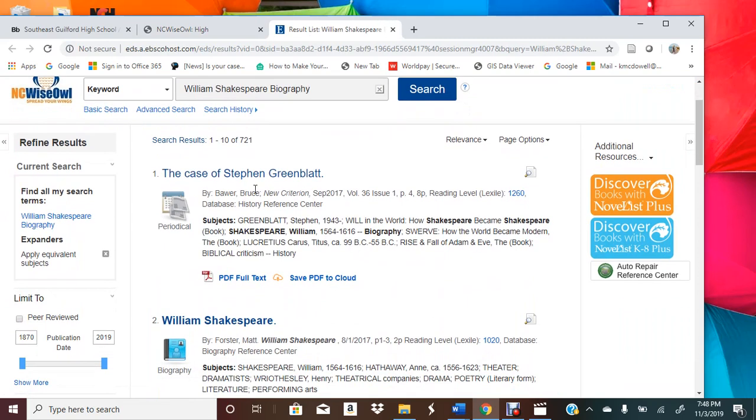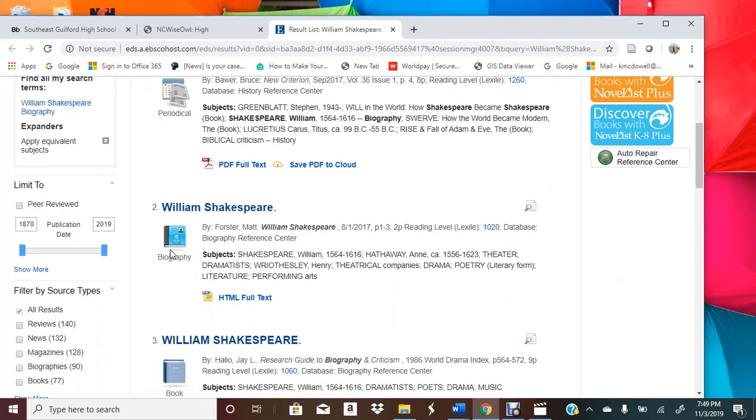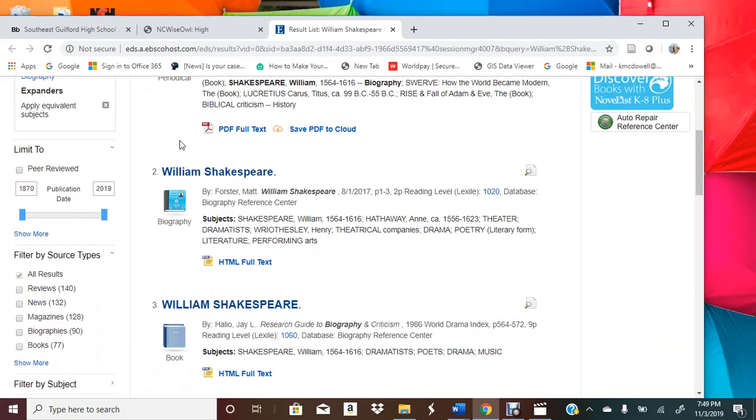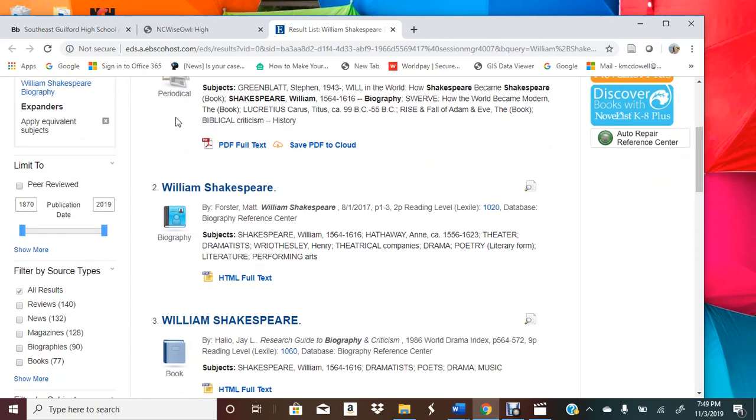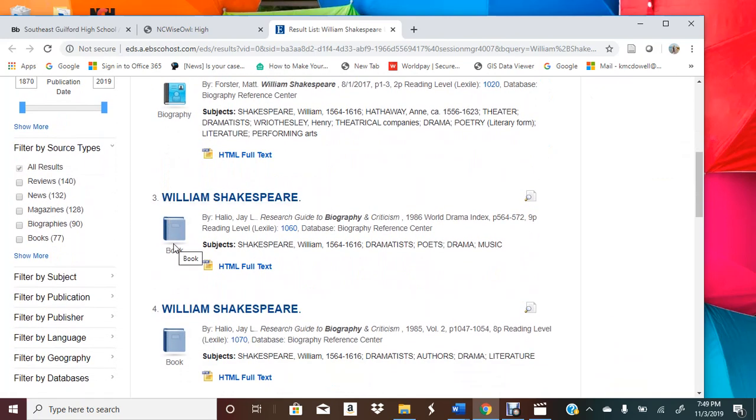When we do a search like this, we've searched by keyword. We can also search by title or author. So if you lose a source, you might do that. But for now, we just want to do keyword. Then we can see the different types of sources. We've got a periodical, which means that's a newspaper source. We've got a biography. We've got a book source, and most of these are going to be at your Lexile